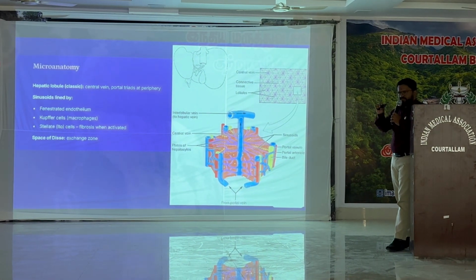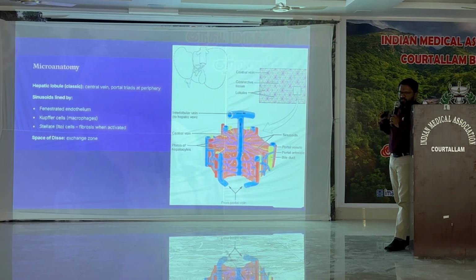What happens when this conjugated bilirubin is not going down further? That will cause obstructive jaundice. So once the hepatocytes take it up, conjugate it and secrete it into the bile canaliculi, until then, if there is any problem, it is Dr. Praveen's headache. Once the bile enters the bile canaliculi, after that, if there is any obstruction to it, then only the surgeon